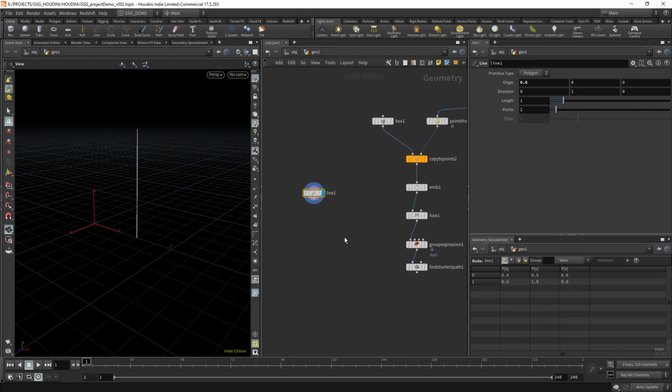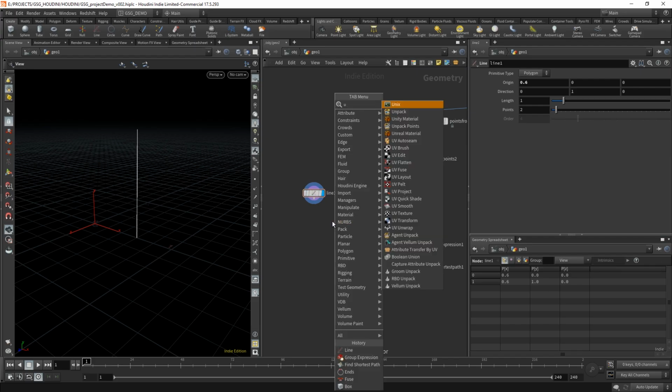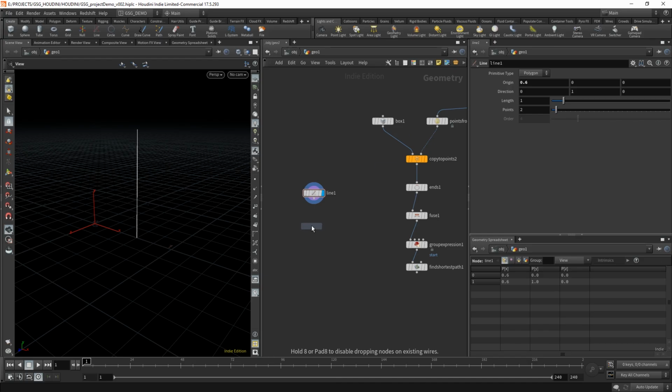What we can do is we can actually UV this line. And it sounds odd to the idea of UVing a line, because really all we're going to be considering is the U component. The V component is just going to be 0 no matter what. But we can actually UV this line. So we can say drop down a UV texture SOP,